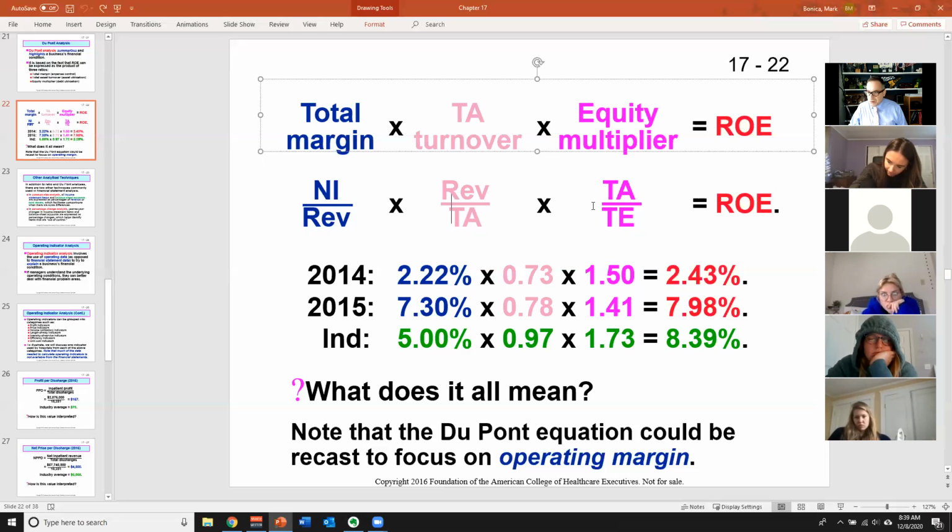But it really is a measure of how your organization is financed. So the difference between total assets and total equity is total liabilities. So the higher this number is, the more debt you are taking out. So an organization with a very high debt ratio is going to have a very high equity multiplier. Why? Because if you have a high debt ratio, you have a very small equity number. So in this case, this organization had, what did we say, 29% debt ratio, which means they're 71% equity financed. So if we put 1 in the numerator for 100% assets, we would put 0.71 in the denominator for this organization,